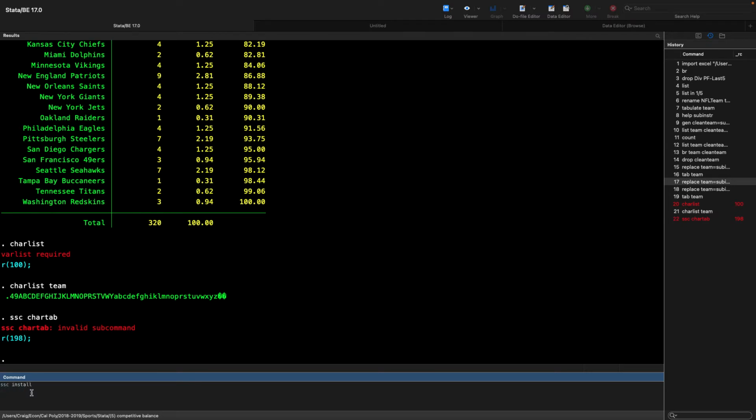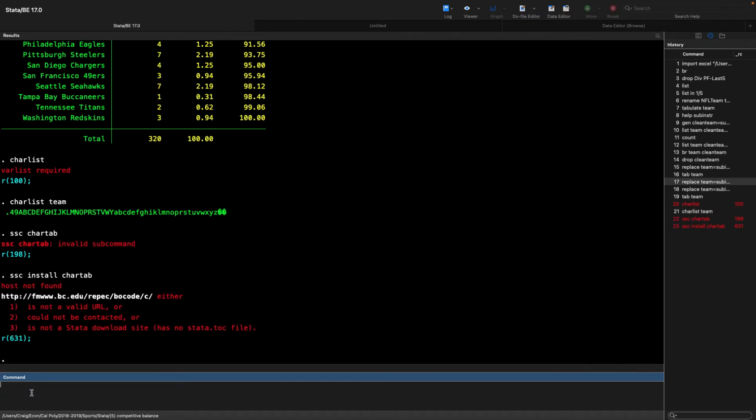ssc install cartab. So I get an error because I am not connected to the internet right now, but also I already have this. If you type ssc install cartab, Stata will connect to the internet and download the user written command for you. You can see here my error is it could not be contacted. That's because I'm not connected to the internet. Once you have cartab installed, you can read the help file, as you should, but I'll tell you that it's basically the same thing as char list. It just looks at